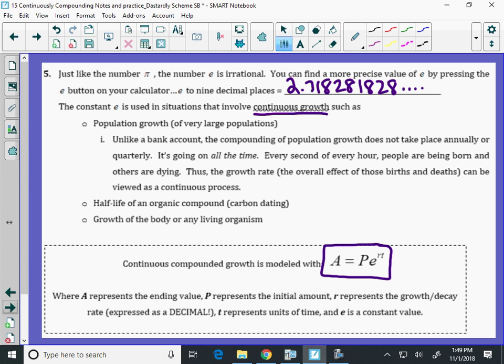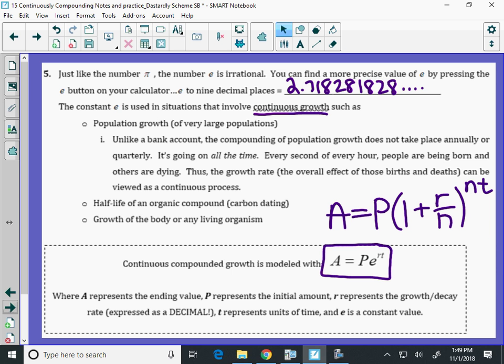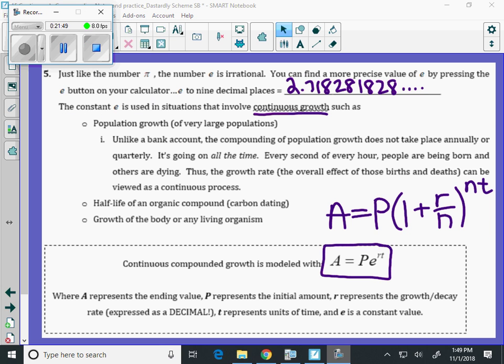So what that brings us to is this special formula here. I call it the PERT formula. That formula is a complement to the formula that we came up with yesterday. And we are going to talk a little bit more tomorrow about when you would use either formula and what they're good for. The PERT formula that we just figured out today is for continuously growing and continuously compounding situations. All right, so that is what I have for you today because we have a short